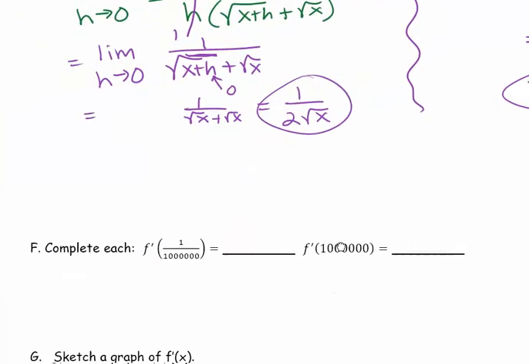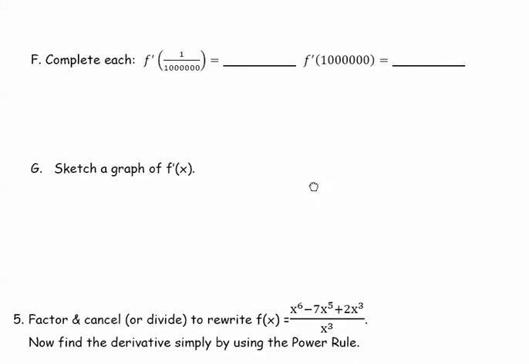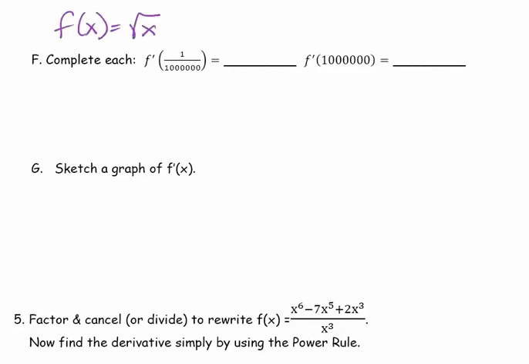All right, let's see what we want to do here. So now we're just taking a look at some values. We're still working on our same function. When f of x is the square root function, we found out that f prime of x is 1 over 2 square root of x. So we're just practicing here, and this is a perfect square. If I can count the zeros here, it looks like we've got 6 zeros, so that this is a perfect square. So f prime of 1 over this value would be 1 over 2, and the square root of that value